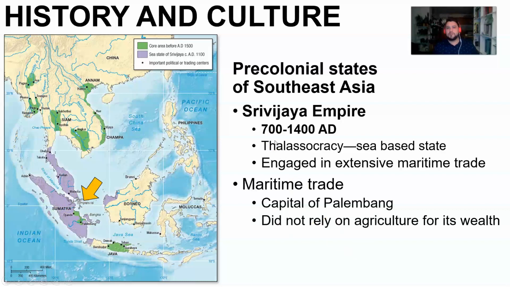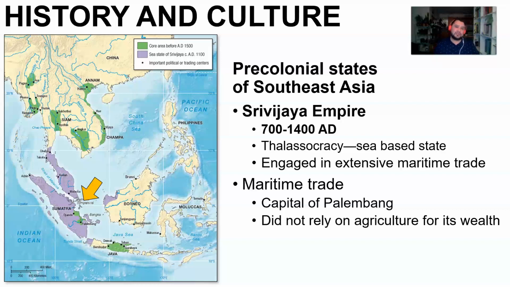The Srivijaya existed around the same time as Angkor and the Khmer Empire, from 700 to 1400 AD. And this was a thalassocracy. A thalassocracy is a sea-based empire. Other thalassocracies, for example, are the ancient Greek empires that were based in the Aegean Sea. And the Srivijaya Empire engaged in extensive maritime trade, and this was part of the ancient Silk Road that connected mainland Asia,